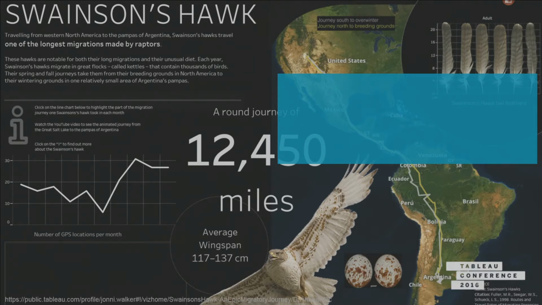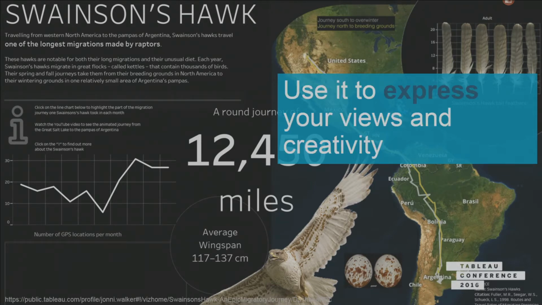What you're seeing on the screen here is some of Johnny Walker's passion. I was lucky enough to talk to him this week, and what he's passionate about are data sets that he can really add a lot of colour and interest and intrigue to, because that's something in his daily work where he's a bit restrained. And I think most of us are. You have corporate colour palettes and corporate fonts and restrictions. So he's doing it at home to release his creativity. And in this visualization, he did that by looking at Swainson's hawk and its amazing migration routes all up and down the Americas.